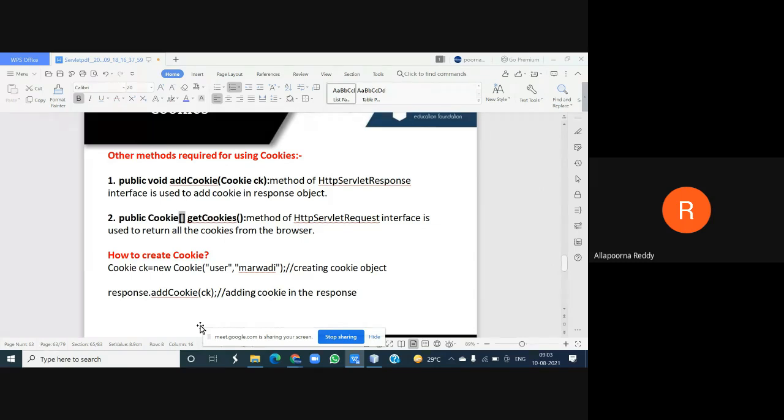Example, assume I need to get back all the cookies. I need information about all the cookies which have been stored in my browser. As it is not a single cookie, I'm maintaining multiple similar data items. As I told yesterday, in the array definition, we maintain similar data information. So I'm going to use a cookie array. An array maintains index values or subscript values. The subscript size, I don't know. How many cookies were generated, I don't know.